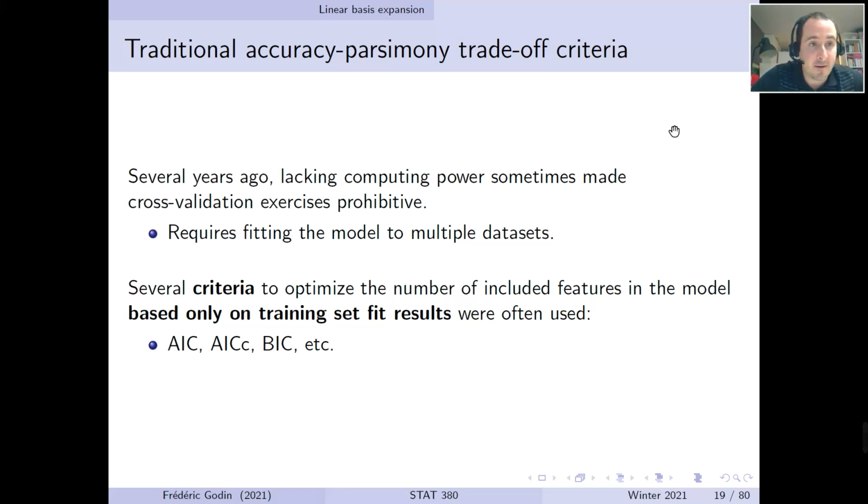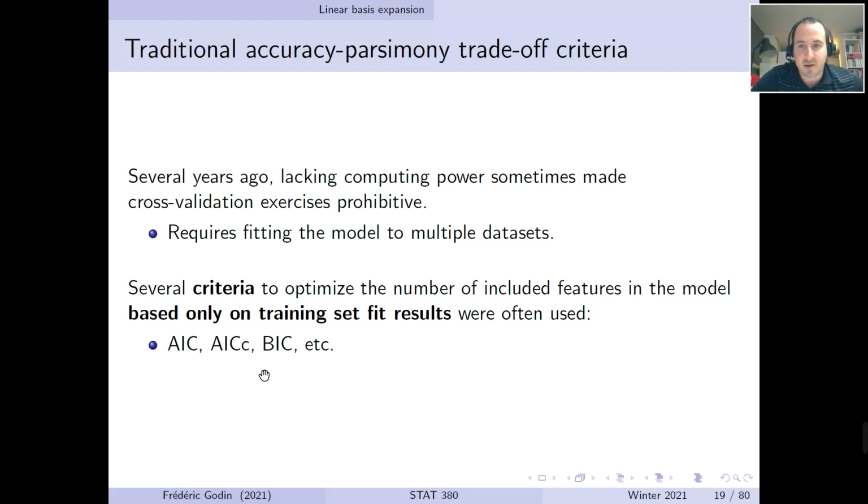Okay, we cannot only take the most accurate method in sample. We need to have some form of parsimony criterion incorporated within our optimization scheme to avoid overfitting. Models which have too many parameters should be penalized some way, otherwise they will systematically be selected and your prediction model will systematically overfit your data. So these methods were developed historically based on a single training set,